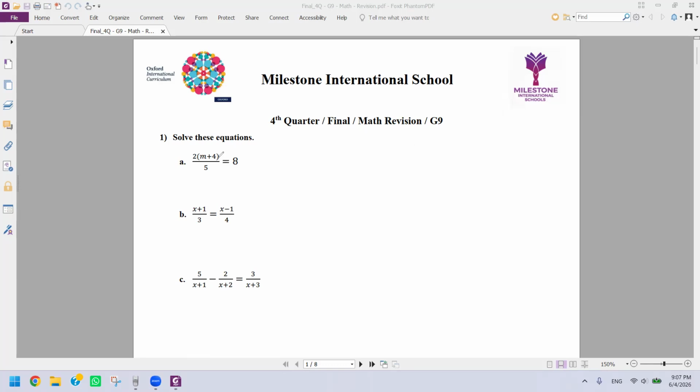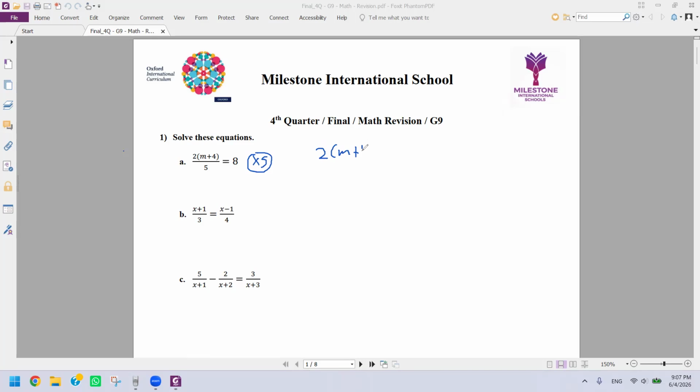So always if I need to keep a variable alone, I need to do the opposite. Next to m, I have plus 4, and outside there's times 2, and then over 5. So the easiest thing to do is to first do the opposite of divide by 5, which is multiply by 5, to get rid of the fraction. So when I multiply by 5, I will have